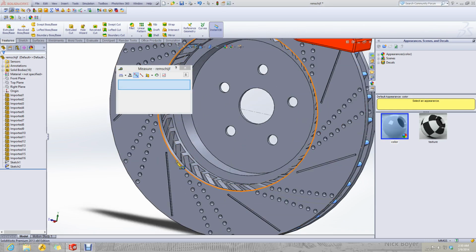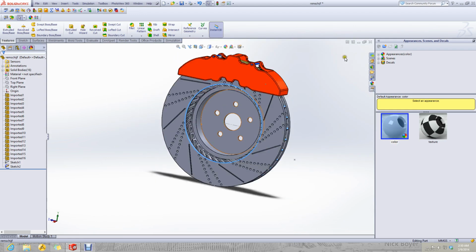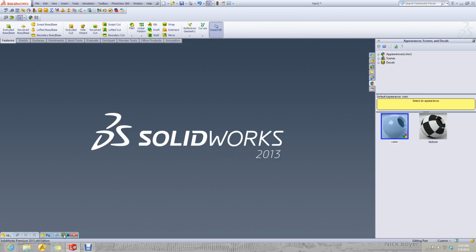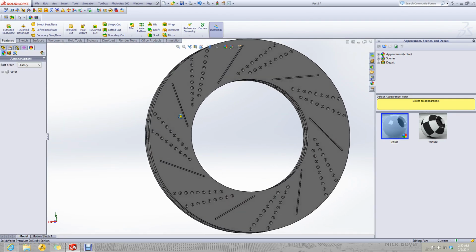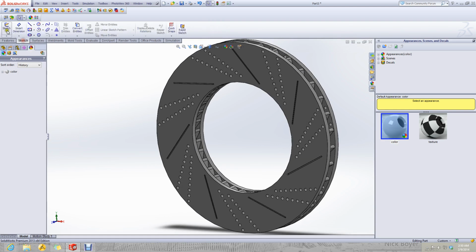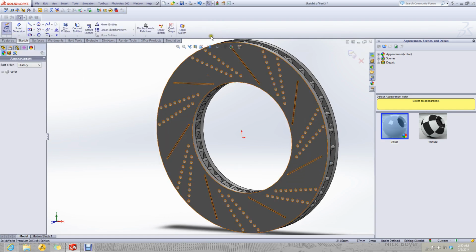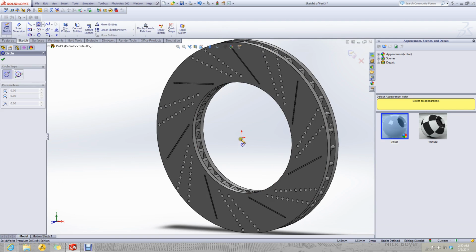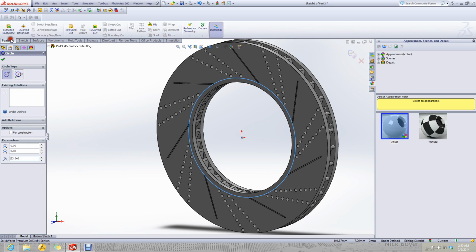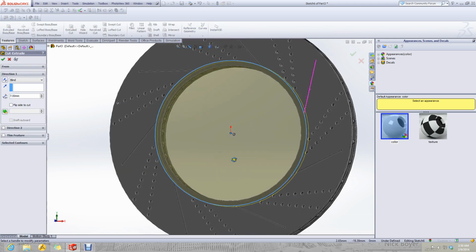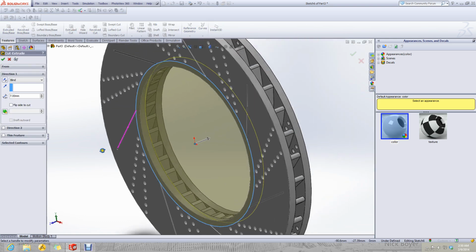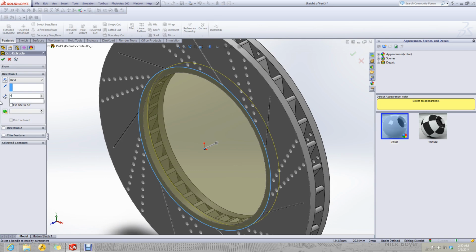We will measure this circle. It is 106.69. We will make the changes accordingly. This is 106.69 by 2 radius. This is correct. 4.5 millimeters.